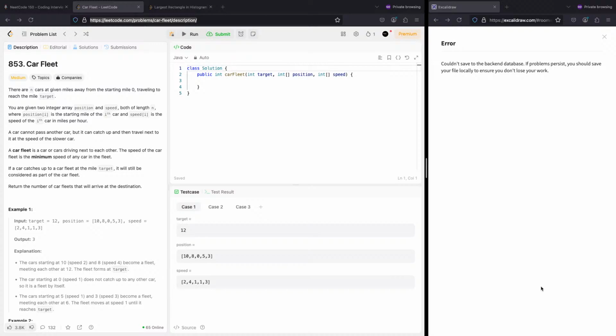Now, this is coming from behind, but it needs, okay, even if they both reach at the same time, they will also become a fleet, right? So if they both reach at the same time,